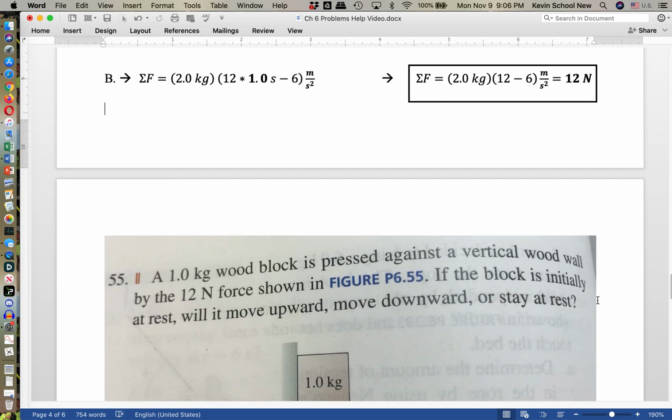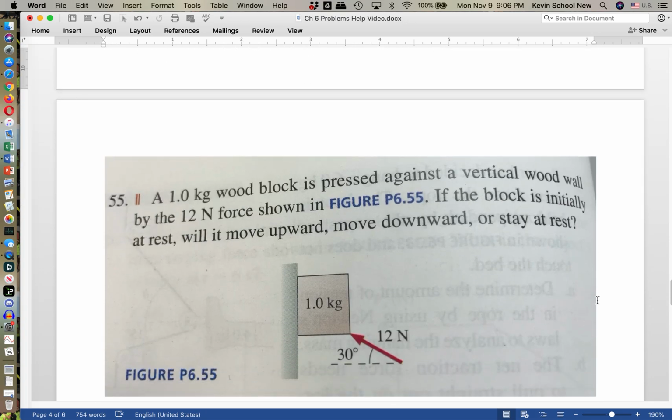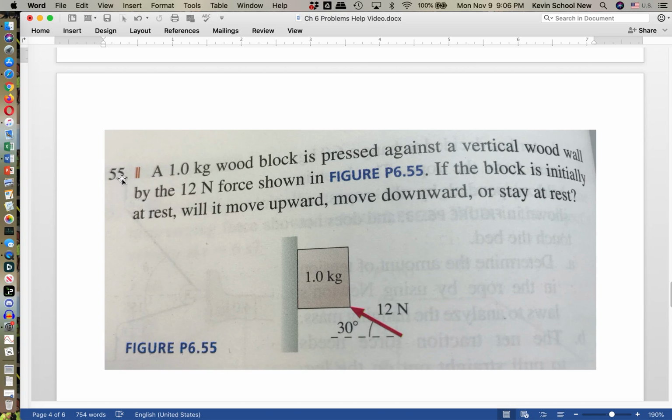And we're in the home stretch now. As you can see, I got tired of typing. So I just went with a picture from the book. 55